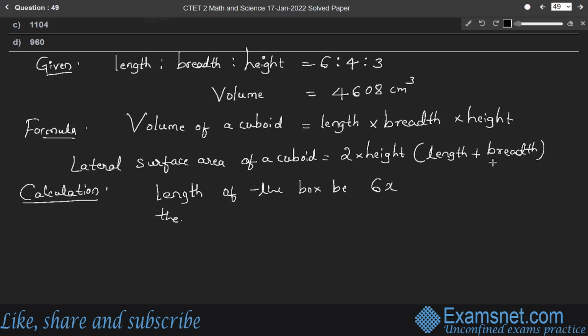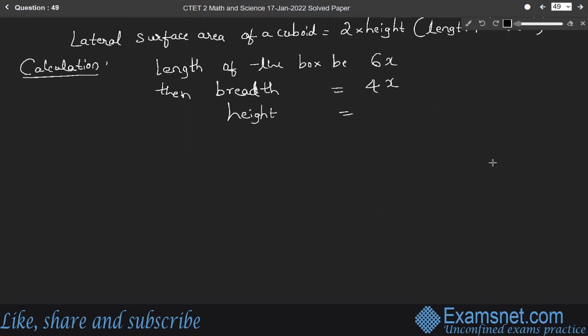Then breadth is equal to 4x and height will be 3x. Therefore, length into breadth into height, so 6x into 4x into 3x becomes